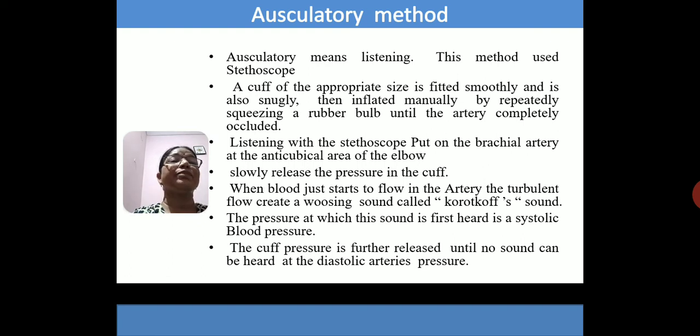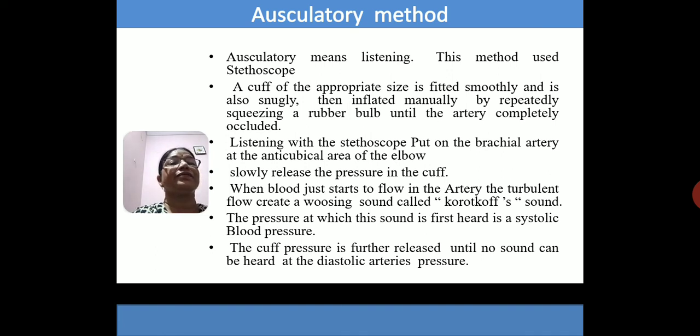There, with the help of fingers we felt the pulse. Here with the help of a stethoscope we are listening to the pulse. Now what is done in this method? A cuff of the appropriate size is fitted smoothly and snugly, means comfortably, then inflated manually by repeatedly squeezing a rubber bulb until the artery is completely occluded, means it is completely blocked. Listening with the stethoscope put on the brachial artery at the antecubital area of the elbow, slowly release the